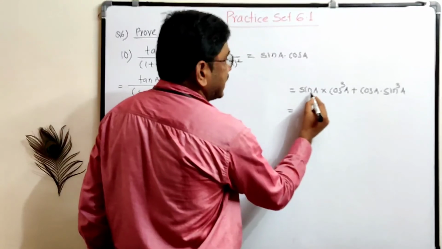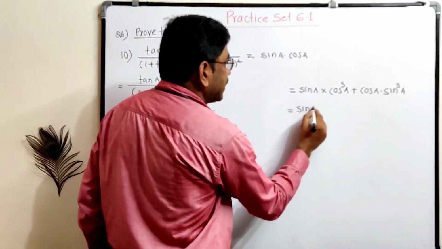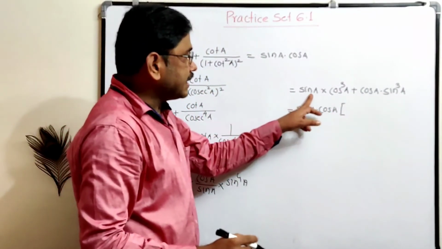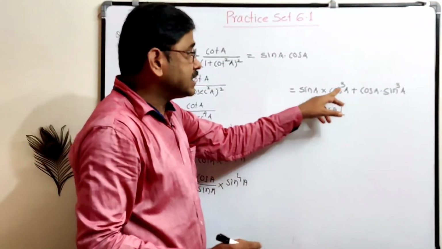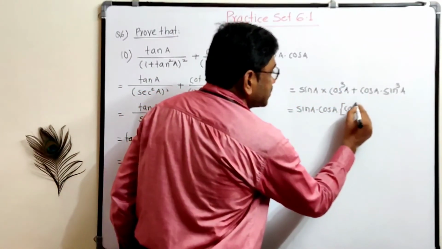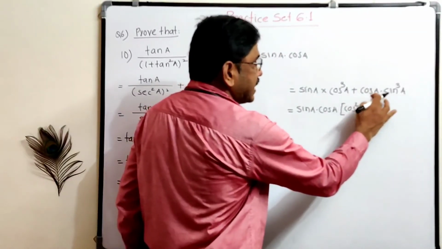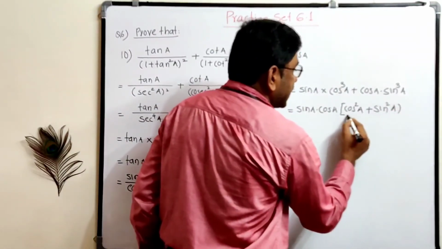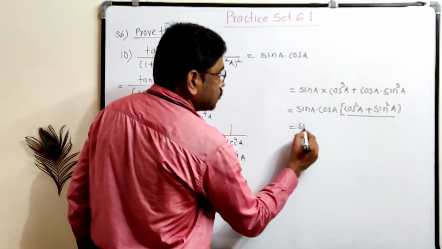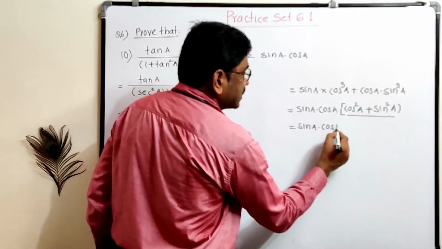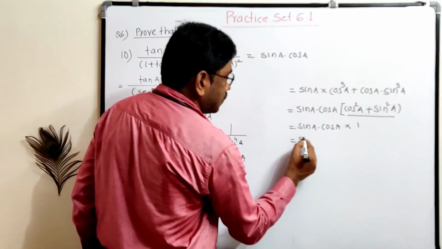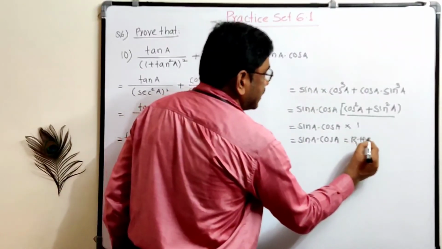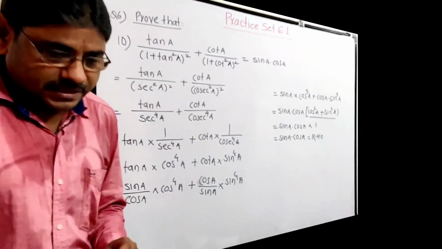From this both terms sin A cos A कॉमन निकालो. Sin A into cos A, अभी ब्रैकेट में क्या बचेगा, देखो यहां से साइन ए कॉमन लिया, एक कॉस ए कॉमन लिया, तो बचेगा क्या, कॉस स्क्वायर ए। द रिमेनिंग टर्म्स आर कॉस स्क्वायर ए, प्लस यहां से कॉस ए कॉमन लिया, साइन ए कॉमन लिया, सो रिमेनिंग टर्म साइन स्क्वायर ए, बट दिस ब्रैकेट इज द आइडेंटिटी इज 1, so sin A into cos A into this 1 is equal to sin A into cos A, which is our right hand side. So in this way this 10th sum is completed.